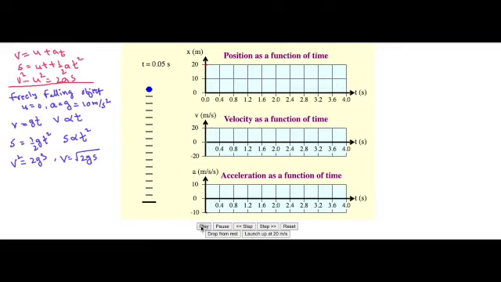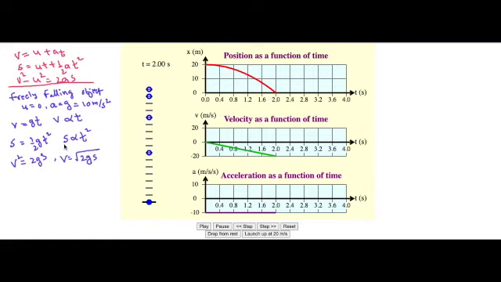Please observe here. This is the object which is falling to the ground. This is the freely falling object. The first graph shows the distance versus time. The second graph shows velocity versus time. The third graph shows acceleration versus time. Let me pause at a particular situation. So this is a freely falling object. Please observe the position versus time.